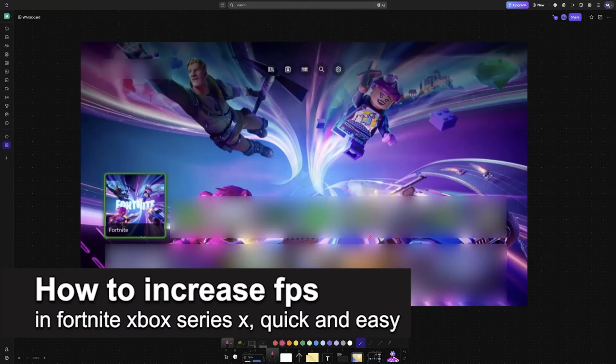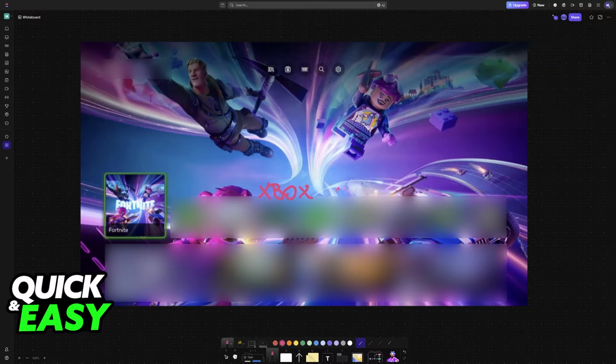In this video, I'm gonna teach you how to increase FPS in Fortnite Xbox Series X. It's a very easy process, so make sure to follow along. In this video, I'm gonna teach you how to use 120Hz mode in Fortnite. This will work for the Xbox Series X or even other consoles like the PlayStation 5. So you will be changing from the default 60 to 120Hz, which can dramatically increase the FPS and give you